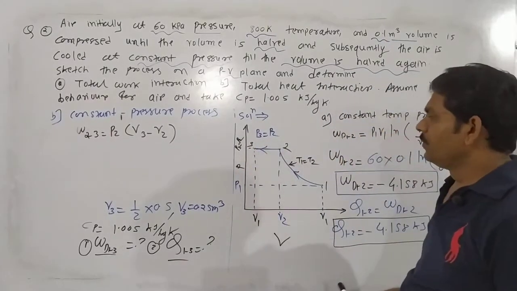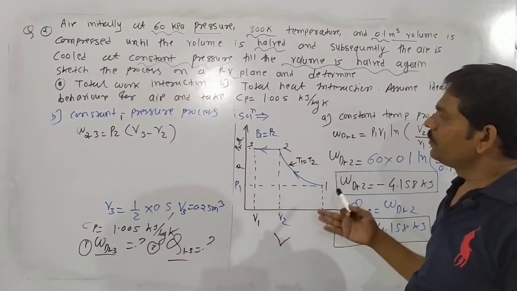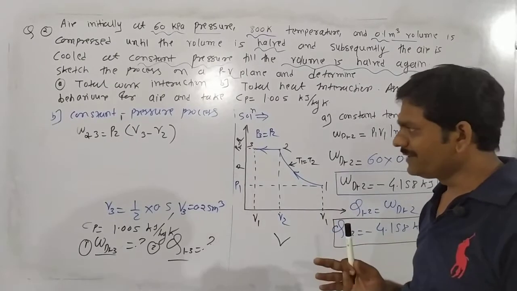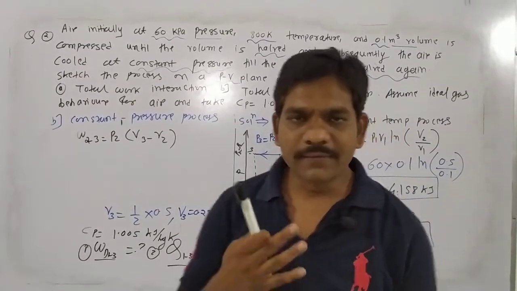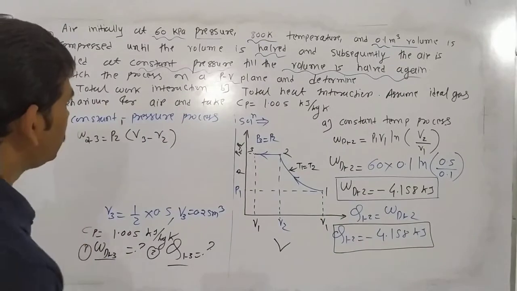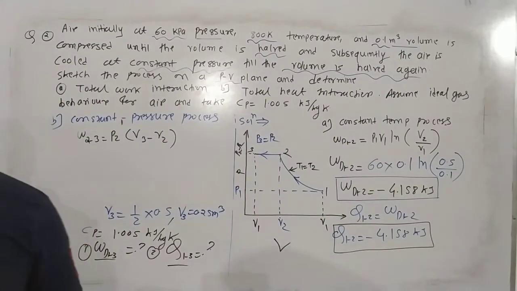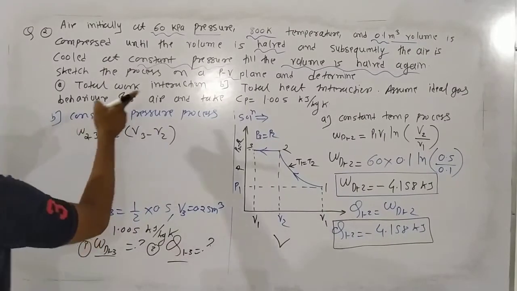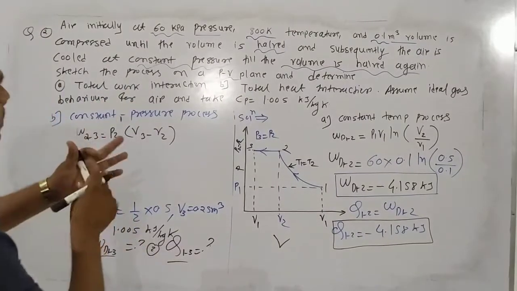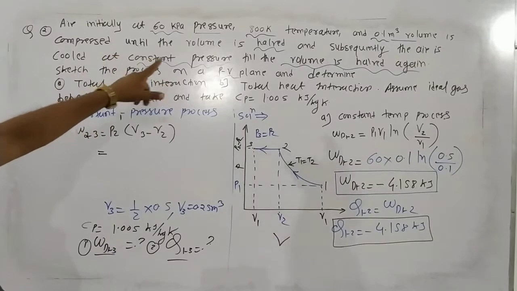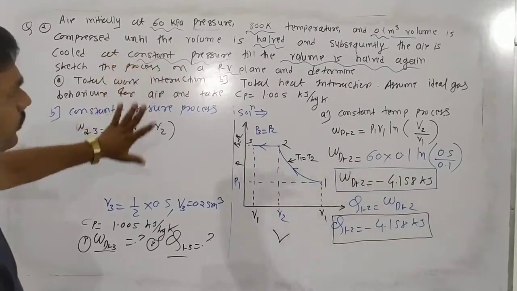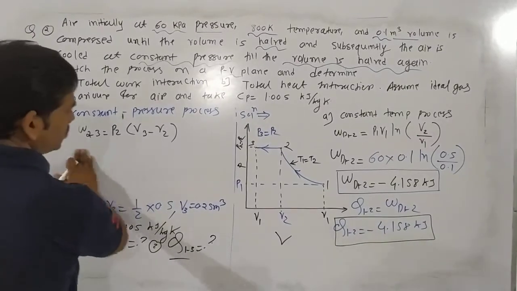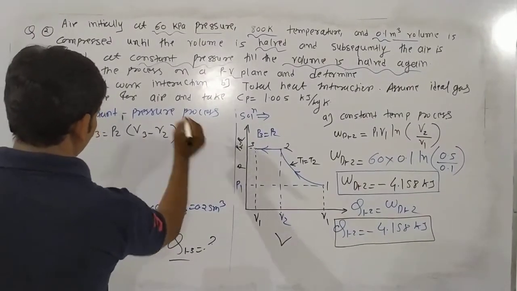So we have to calculate the value of V2 and the value of V3. Now we require the value of P2. So how do we calculate P2? P2 is given in the problem. Okay, P2 is not given. So we have to determine the value of P2. Suppose this is equation number 1.